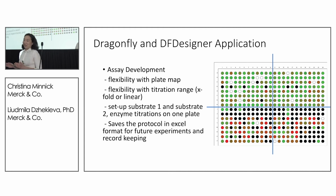Probably I jumped on and tried it, because I do a lot of assay development, and those of you who are familiar with this know that it's a lot of manual, labor-intensive work, and it takes several days to complete the task for the validation and characterization of specific format. So by using the Dragonfly, it was very convenient, because it's very flexible with the plate map